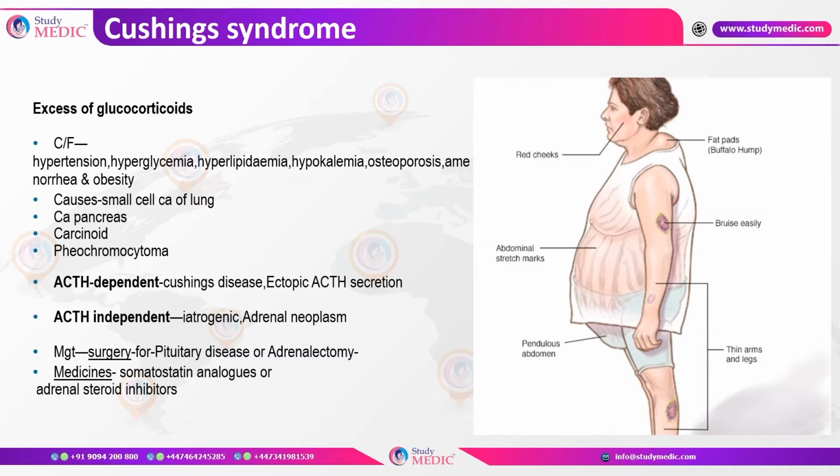Okay, remember 2 things: Cushing's syndrome and Cushing's disease. Whenever you have symptoms because there are more adrenal hormones, because of more ACTH being secreted, then it is called Cushing's disease. Like the pituitary is secreting too much ACTH, and because of the increased ACTH you are getting Cushing's features, then it is called